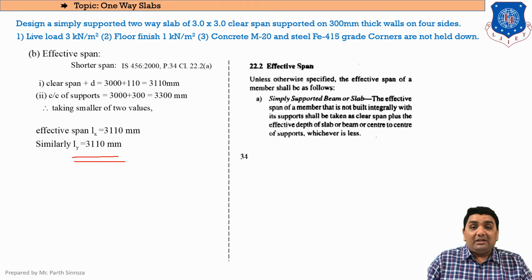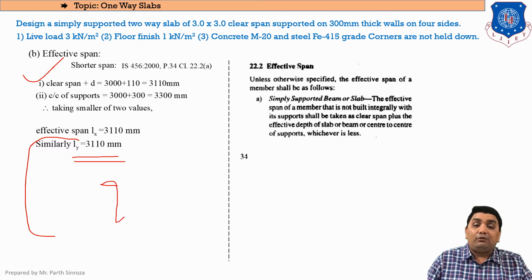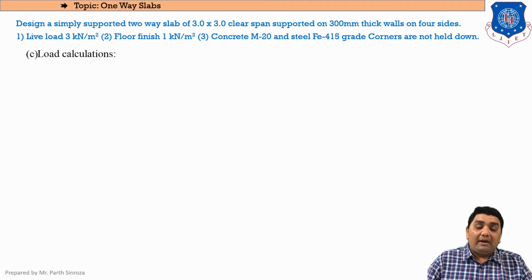If the length in the y direction was different from that in the x direction, we would be solving the longer span separately. So first the equation will be for the shorter span, and second the same things will be applied for our longer span too. Clear? But in this case, as both the lengths are the same, the effective length in both cases will be considered the same. And moving further, the third step will be to find our load calculations. Load calculation again will be divided into three parts. First will be the self weight of slab, second will be the floor finish, and third will be the live load.